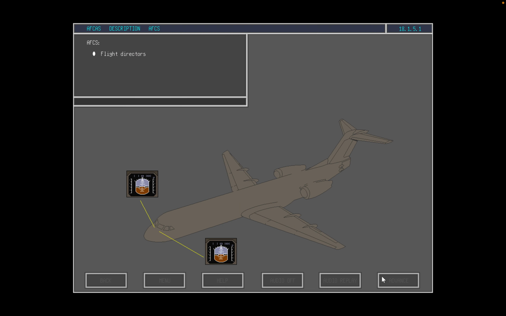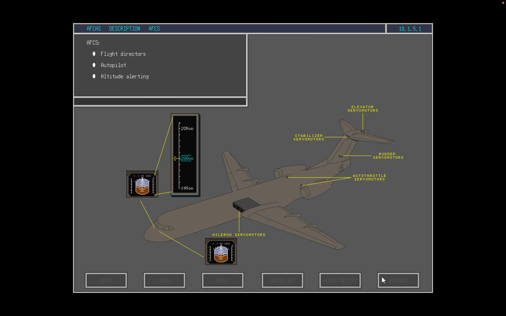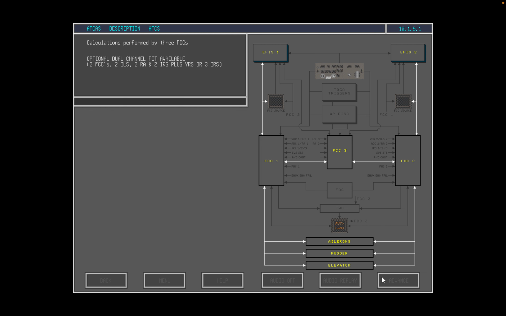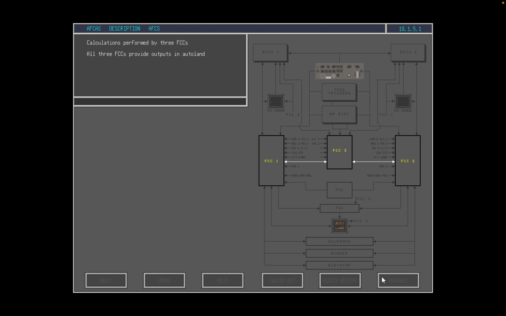The automatic flight control system is the principal system in AFCAS. AFCS provides the flight director display at the primary flight display for pilot or autopilot control guidance. Aircraft control through autopilot operation of dual aileron, rudder and elevator servos, and altitude alerting functions at the primary flight display. All calculations for flight director guidance, autopilot servo commands, and altitude alerts are performed by 3 identical flight control computers. During critical phases of flight,